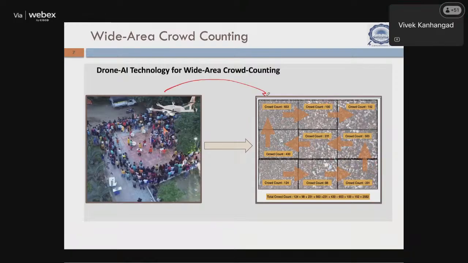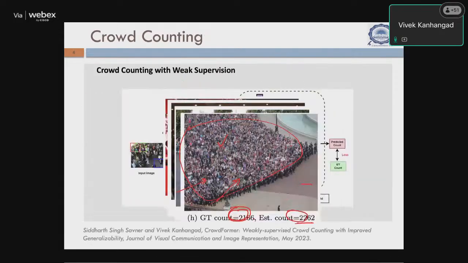Yeah, so this is, as I think I mentioned to you earlier as well. So yeah, that was a biometric thing. We also extended crowd counting using AI. Okay, sorry, we've actually done it using drones. The advantage with that is, so far, if you look at all the previous works, crowd counting involved